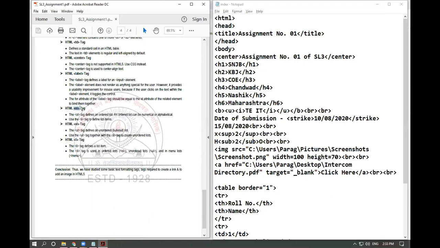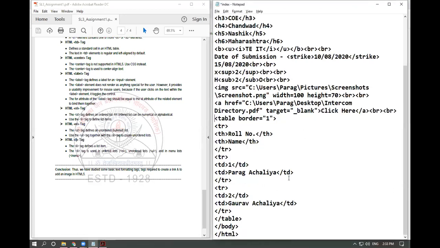Then next is your OL, UL and LI. OL stands for ordered list, UL stands for unordered list, and LI stands for list items. Let's see how it is implemented. After the table tag, suppose I am giving a break. I want to leave 2 lines, so I am giving a break.